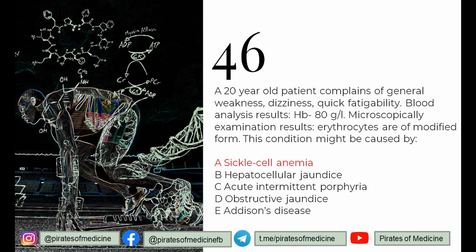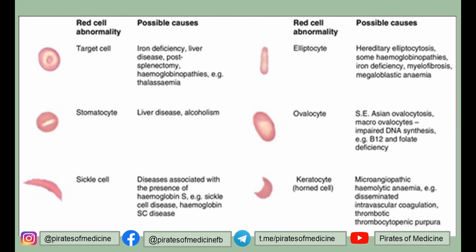So remember, there are some pathologies in which the shape of RBCs changes from its biconcave normal shape. Let's see what those pathologies are and what those pathological shapes are. So here you can see some classical changed shapes of RBCs. First of all, we have this target cell shape. You can see this looks like a bullseye, and this target cell is a classical characteristic of thalassemia. It can be seen post-splenectomy and also in liver diseases or iron deficiency, but it is a characteristic of thalassemia.